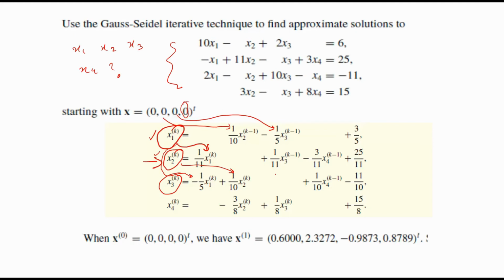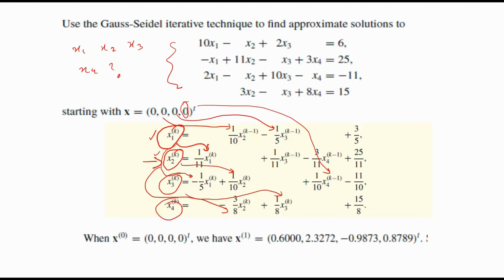So putting this 0 over here, and now you find x3k also, so you will put this x3k over here, and here this x2k, and plus 15 by 8, so you will find this x4k also. So this is a very good modification, and what does it do? It makes the iterative scheme fast. Like Gauss-Seidel converges faster than the Gauss-Jacobi method.